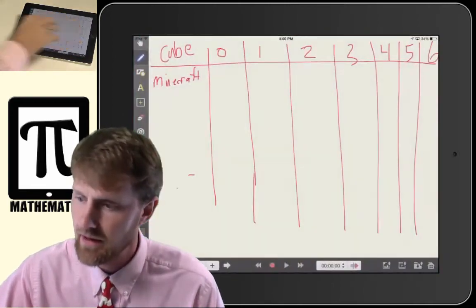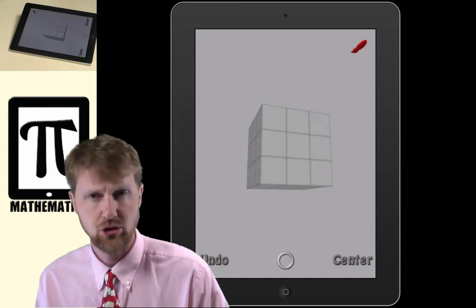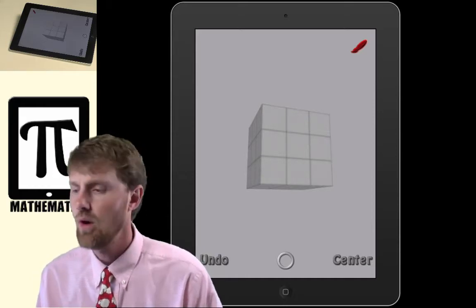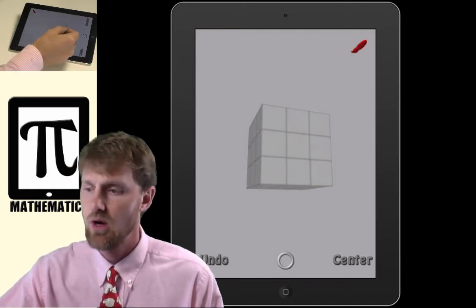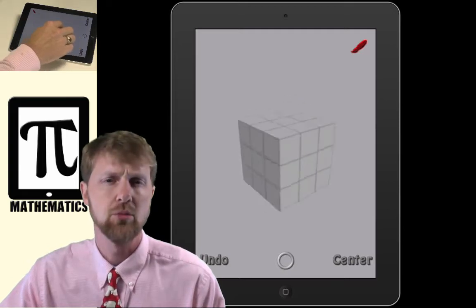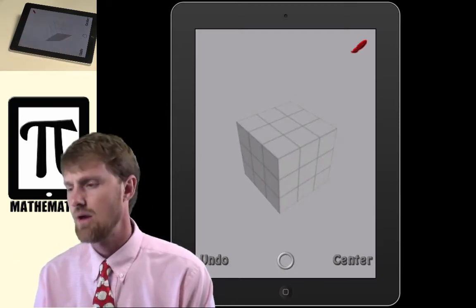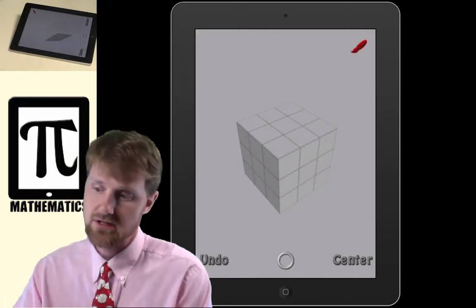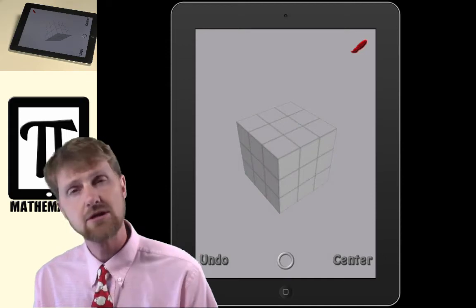And from there, you can say, well, what if we have this cube? What if we have a 3 centimeter by 3 centimeter cube? And this app is called BlockArt HD. And so we have this, and we'll start with a smaller problem. If I have a 3 centimeter cube